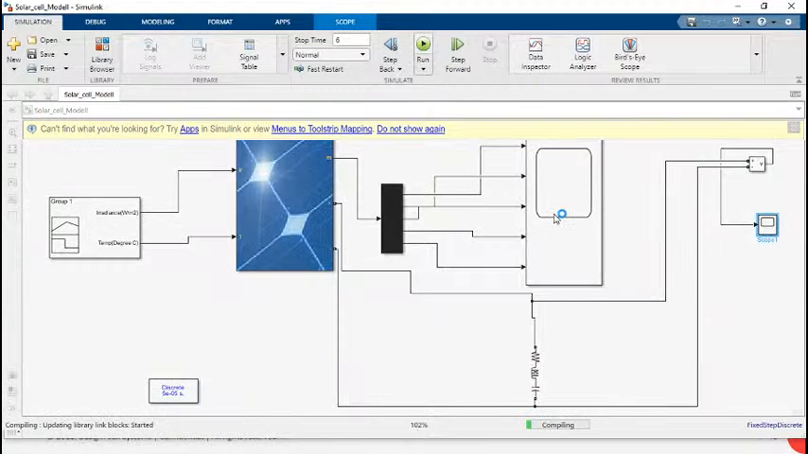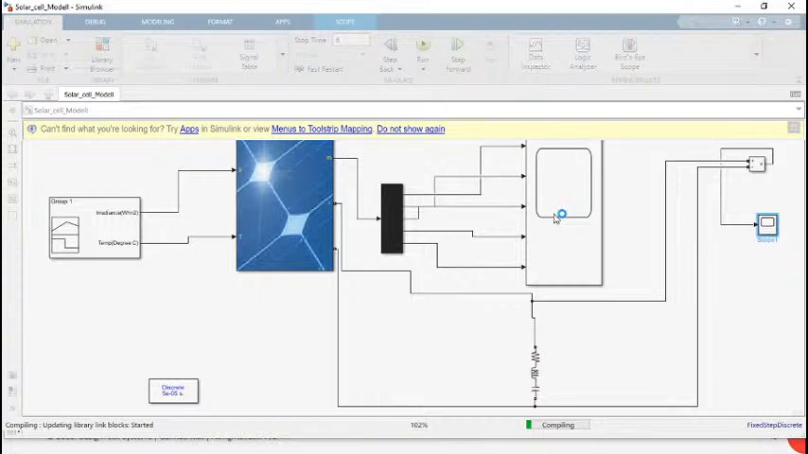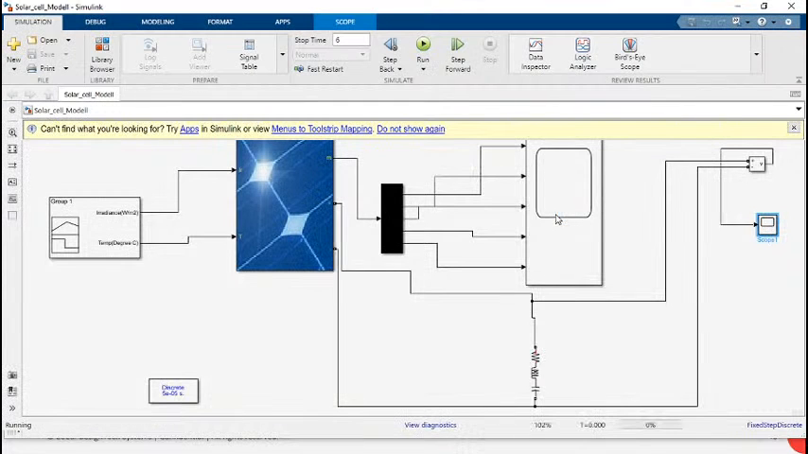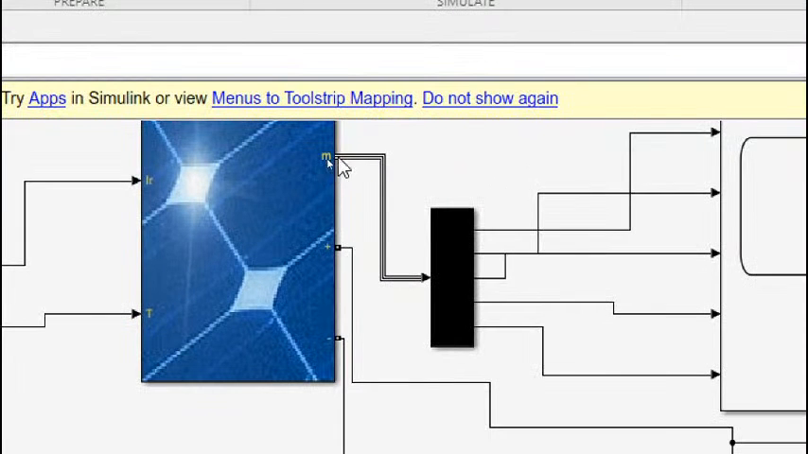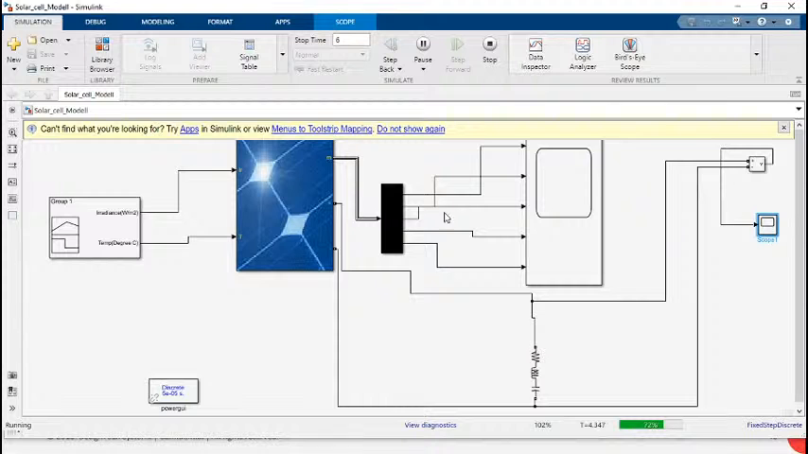Let me run it one time and show you what kind of output you can get from there. This is a demux from the PV array; m is the output. It is connected to the output, and we are getting 5 outputs here. I am running it for 6 seconds. Now I open this scope block,